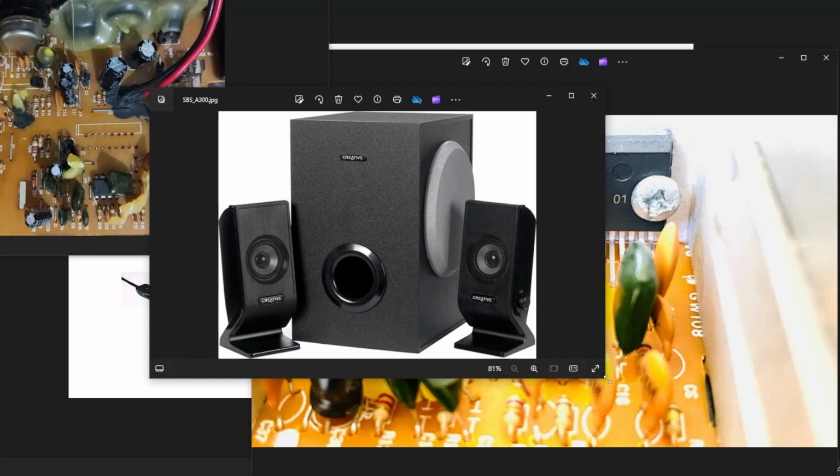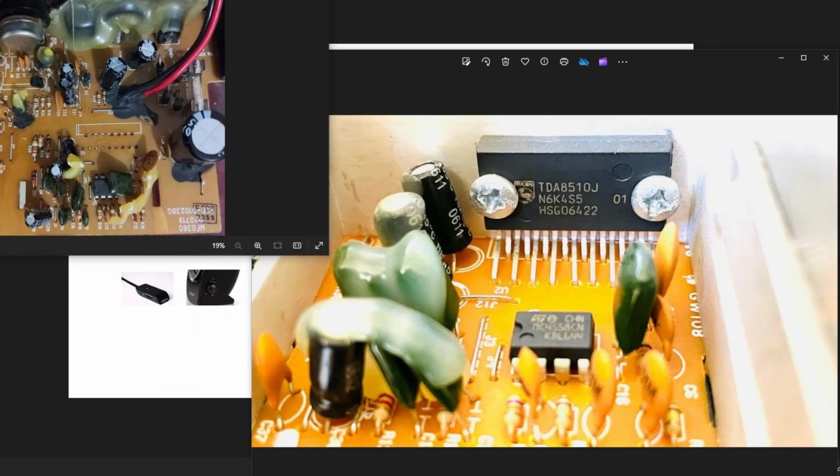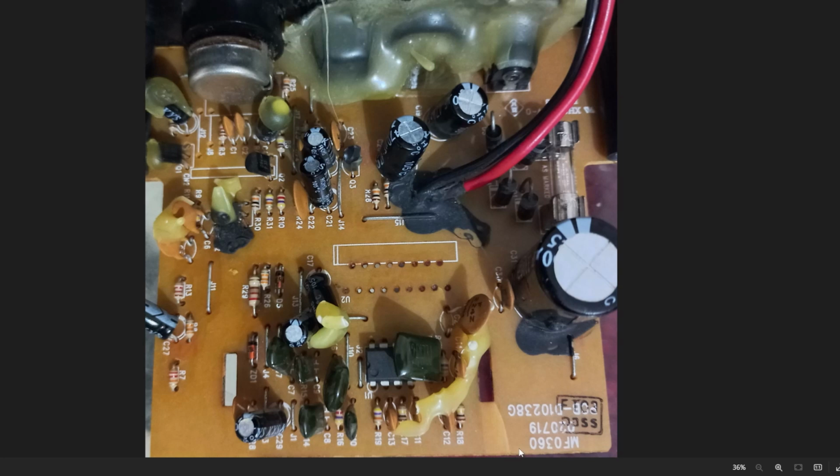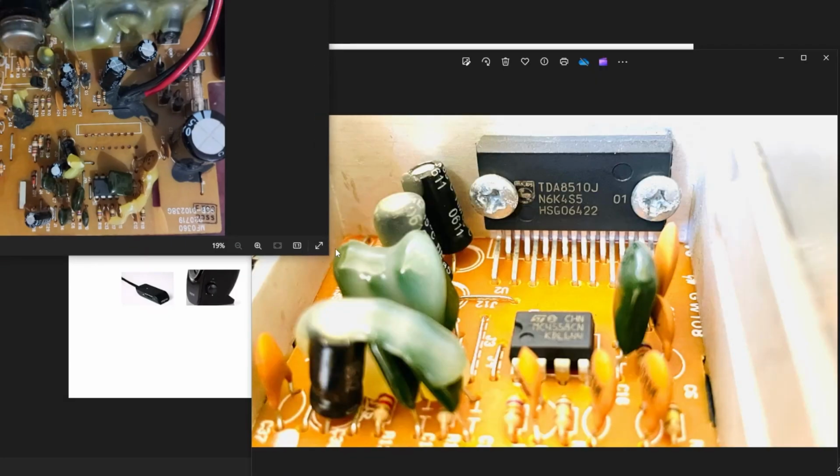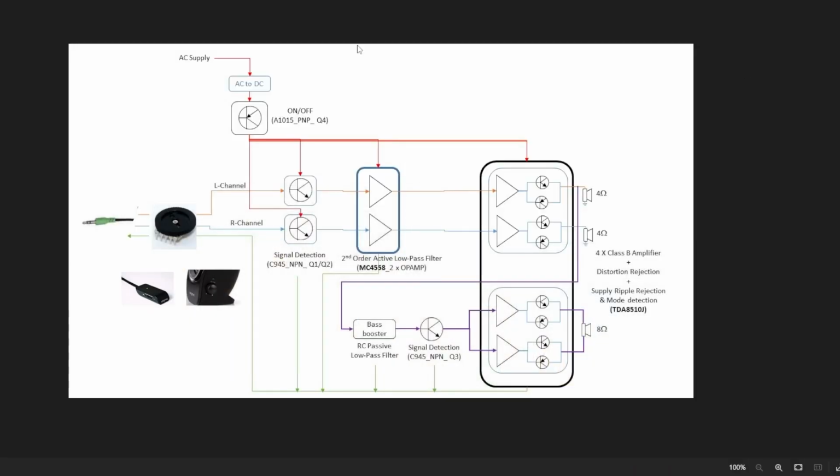In the last few videos of this series, we were seeing how this Creative SBS A300 sound system works and dissecting this circuit board, the driver board of the Creative sound system. Here it was a TDA8510J, the driver IC, you can see. We have already talked about the overall concept, the AC to DC conversion section and the on-off section. In today's video, we'll be looking at the signal detection, like what happens to the audio